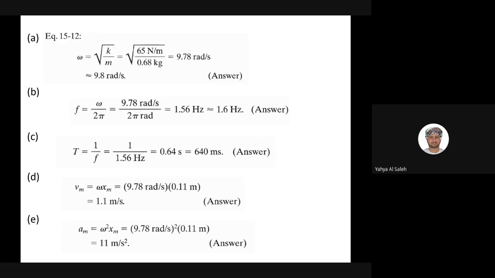If I want the maximum velocity, if we have a maximum velocity,